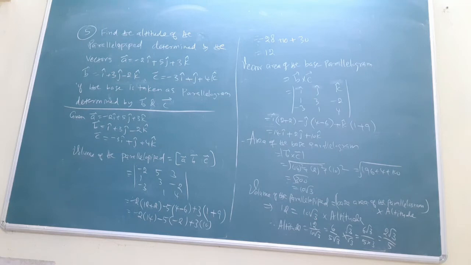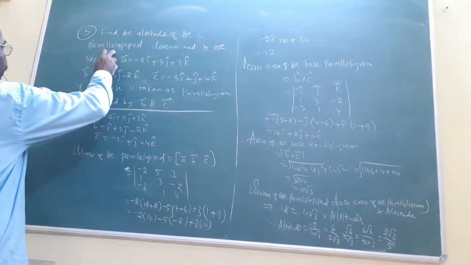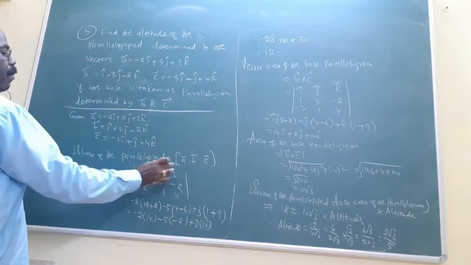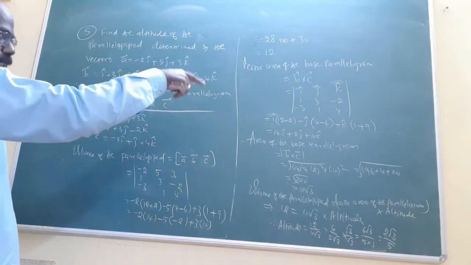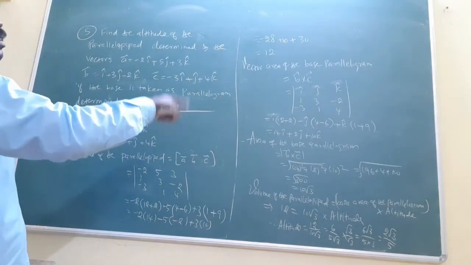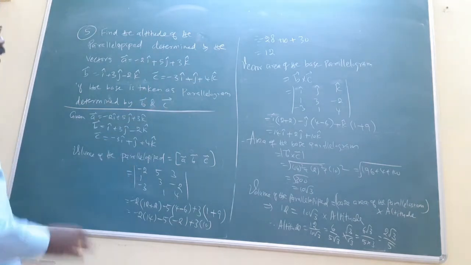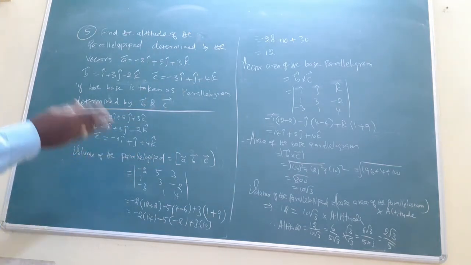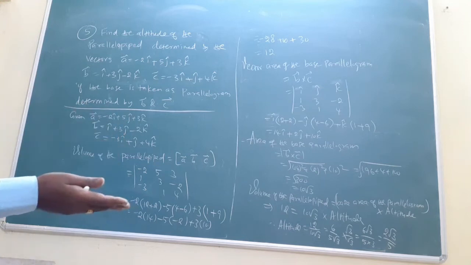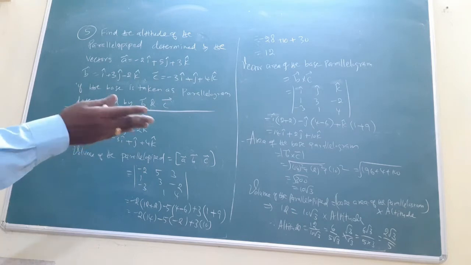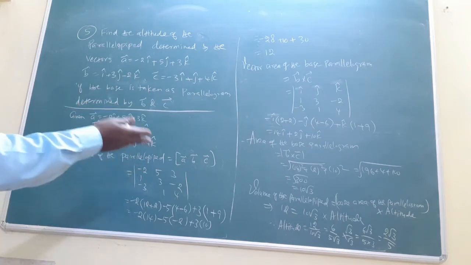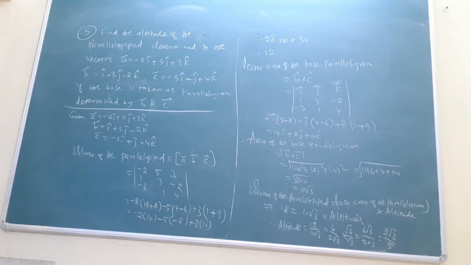So anyway, clearly given the parallelepiped, that's why you find the volume formula. With A, B, C we get the answer 12. Then vector area means without modulus B cross C; area means with modulus B cross C, we get the answer. Then write the formula: volume of the parallelepiped means base area into altitude, because L into B into H, H is altitude, area means L into B. Substitute the values, cross multiply, we get the altitude. Concepts are easy.